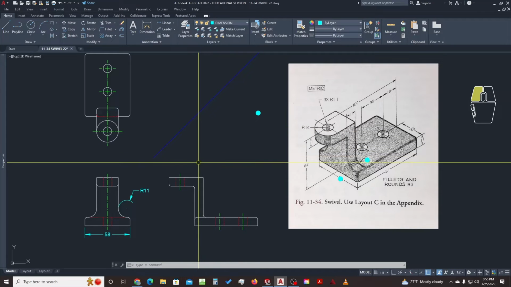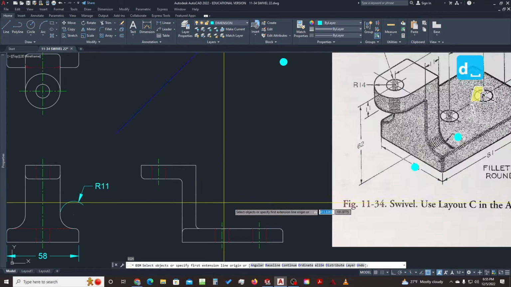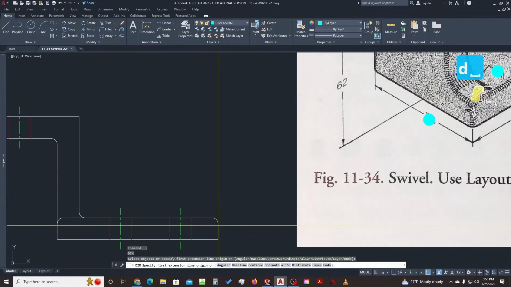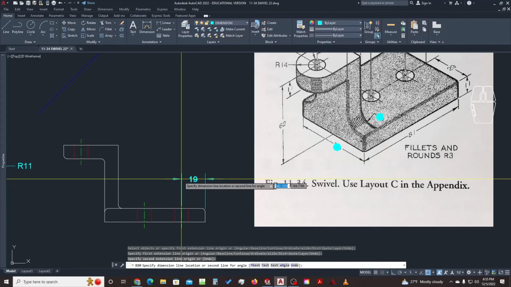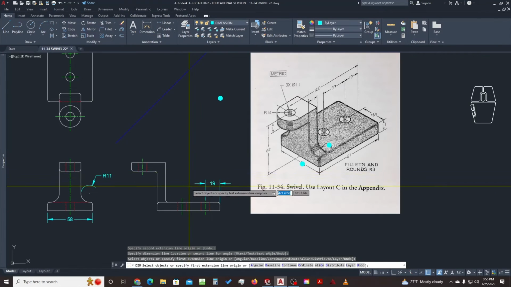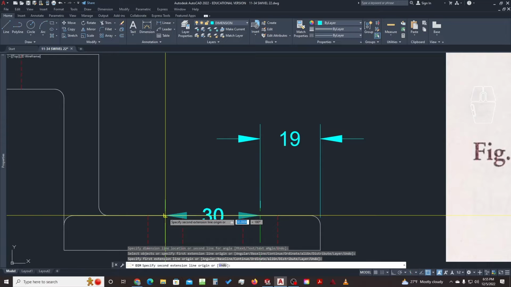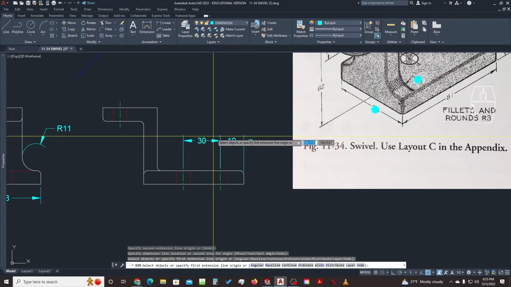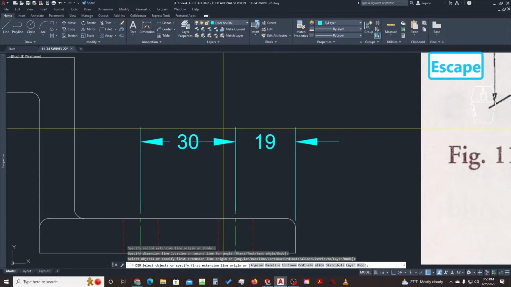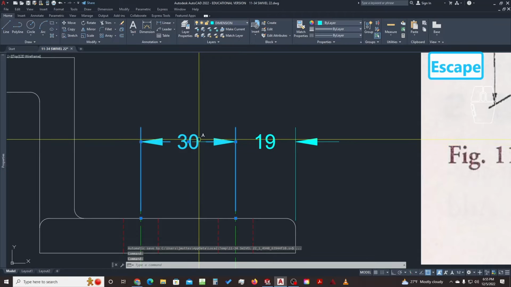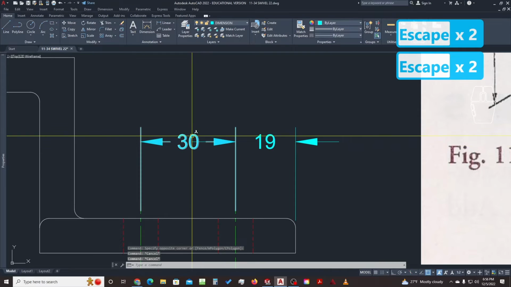Heading to my front view, I'm going to try to add some of these smaller dimensions. Starting from the back, we've got a dimension here that is 11, or I'm sorry, 19. And there's actually a chain of dimensions here. The next one is 30. And right now my 19 and 30 are fitting fine, but the 30 isn't as visible because the arrowhead of the 19 is overlapping. So to get this text to stand out,